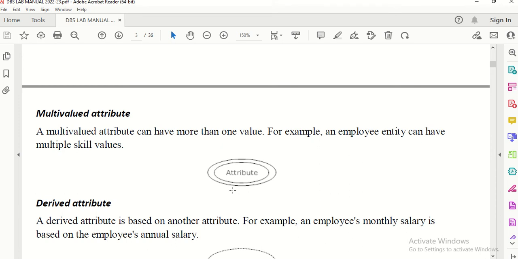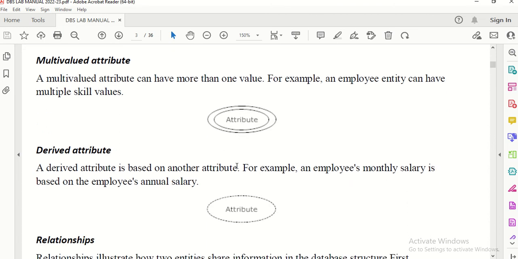In the similar example, Abhijit may know C language and C++ language. So it can be represented using the double oval because it is containing multi-valued data. More than one skill set is there about which Abhijit is trained.